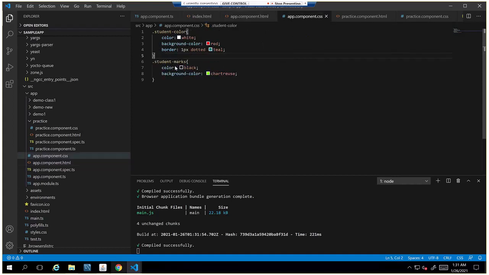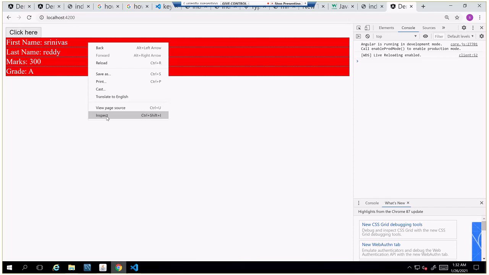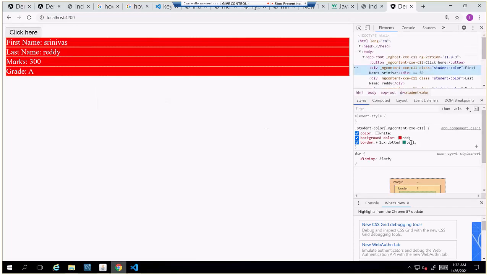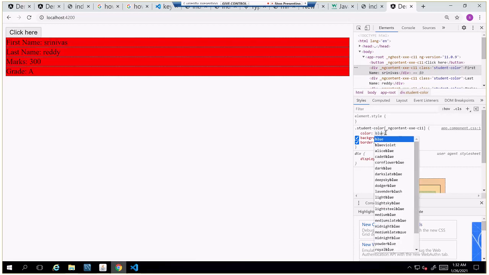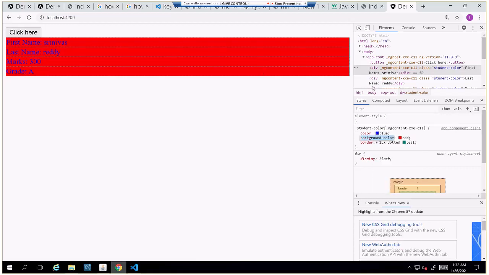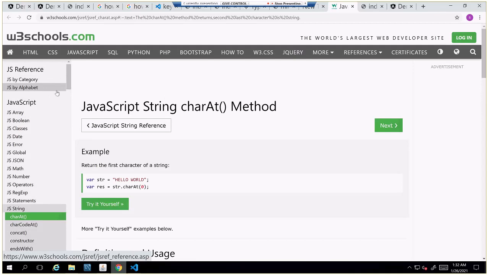Even my kid, whenever he sees this kind of UI, he'll come and check the inspect element, and he changes these values from here directly. See, now everything is here, and you can go and update it, and you can do the same thing for any website that you're seeing. You can inspect, and then change and see how the color is changing. For any application, everyone is using CSS classes.